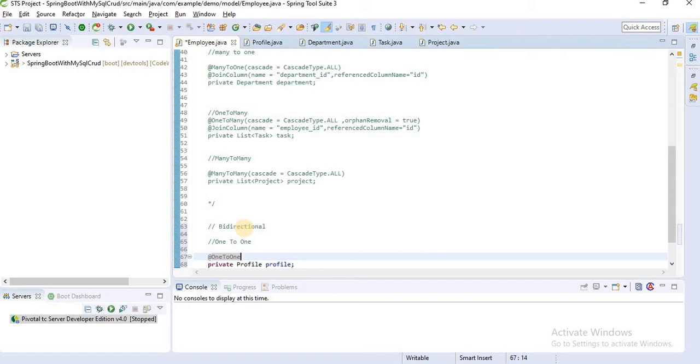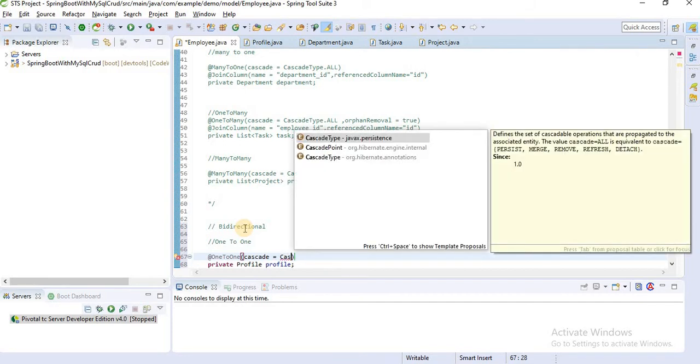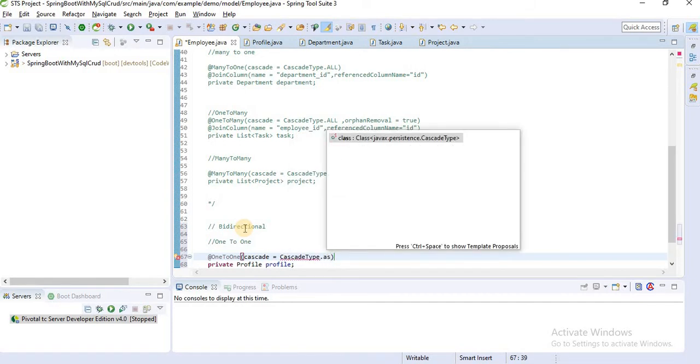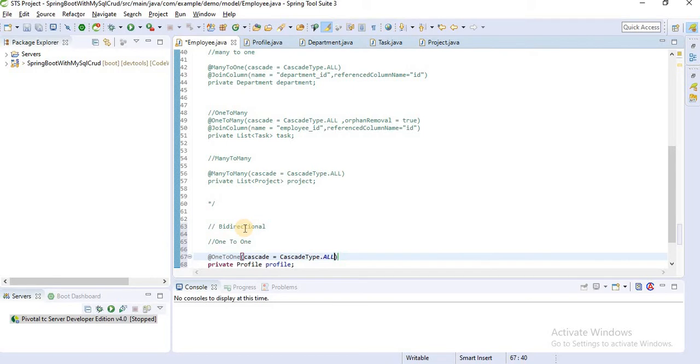Add one to one. Here we also define a cascade. In the last video we saw why we define CascadeType.ALL. And if you want to delete the related child record at the same time when your parent record is deleted, then you have to add orphanRemoval equal to true.